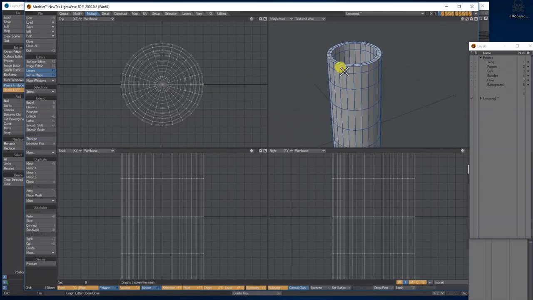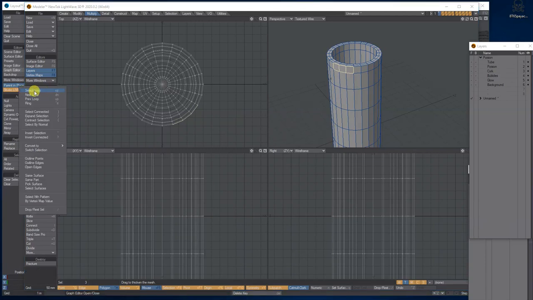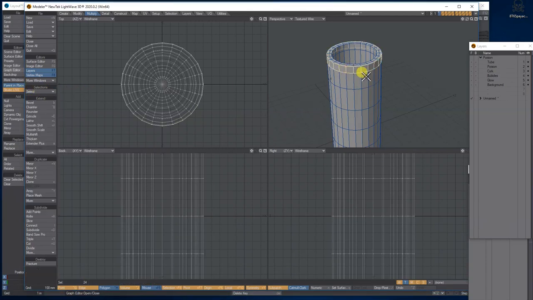Drop the tool. Now what I want to do is select this top loop here. So I'm going to select a few in the same row and then go to select loop. So we've got this. Now what I want to do is bring the edges out, and you can do this a few ways. Let's have a look at how I went about it.